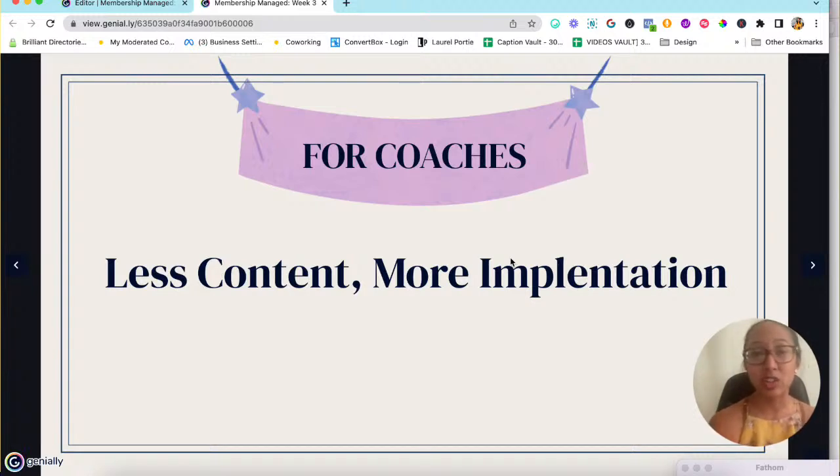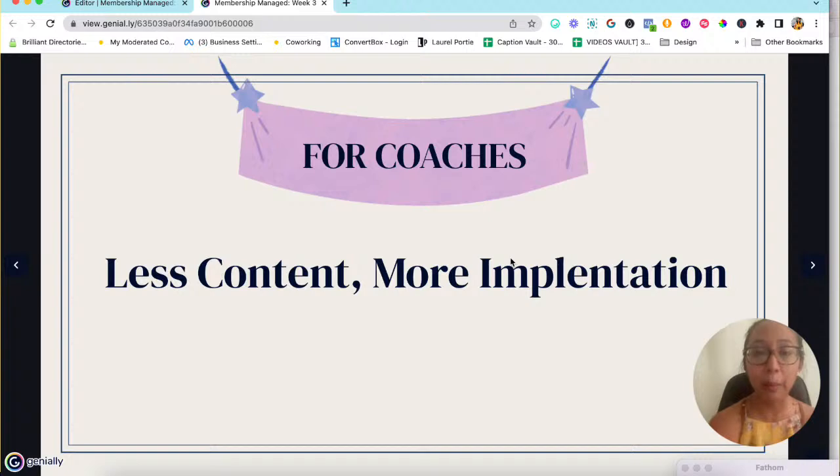Customer churn is essentially something that happens when members no longer continue working with you. They stop paying for your membership and actually cancel. And what ends up resulting is a decrease in profits long term. Because you've already spent so much time acquiring this member, you're actually losing out when members leave your program. So, what I really recommend is the whole less is more strategy: less content, more implementation.